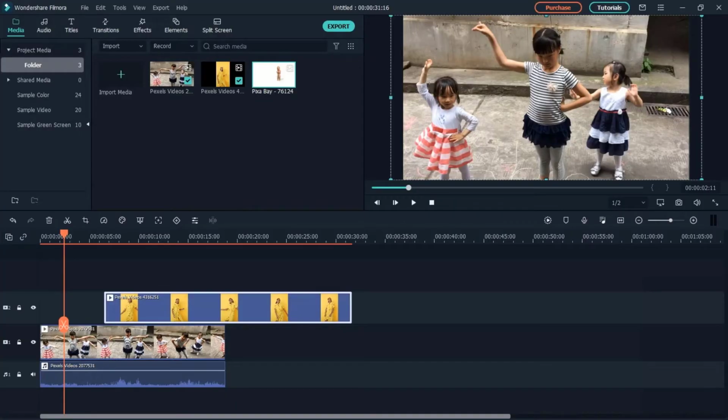The timeline is where you will do the majority of your editing. The media you import into Filmora X is stored in the timeline on audio and video tracks. A track is a section of your timeline that holds media. Filmora X has two types of tracks, one for audio and one for video. Audio tracks are always located below the video tracks. By default, you get one video track and one audio track.